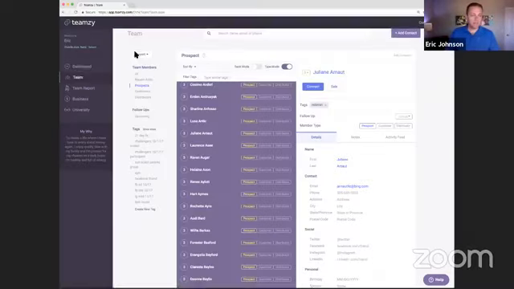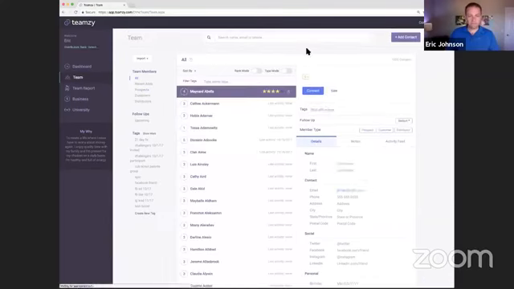Can I search for multiple tags at once? See if they're in 2 groups at the same time. Yes, you can. Again, do that on the team page. Let me go back over here. Again, on my team page, right here where it says filter tags, I can put in tags, right?